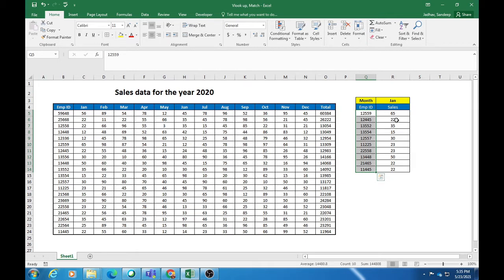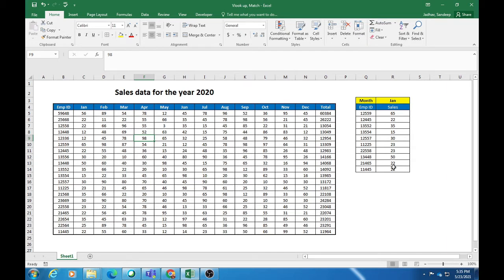We can just go ahead and put up the VLOOKUP formula, and in that we'll use the column index number as 2 over here because the column index number for Jan is 2. If you want to extract the data for February, we'll put the column index number as 3 over here. I have made a separate video on how to put up the VLOOKUP formula. You can go ahead and check that.